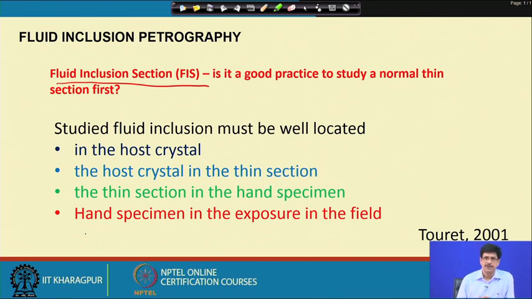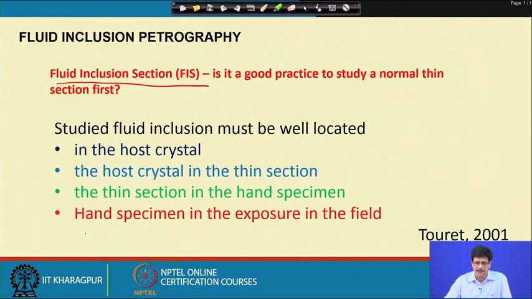about a maximum of 300 microns in thickness, and depending on the nature of the sample, sometimes we have to make it a little thinner than 300 microns, depending on the clarity and visibility of the host mineral that we are considering. In any case, a fluid inclusion section is the thing that we begin with, but then